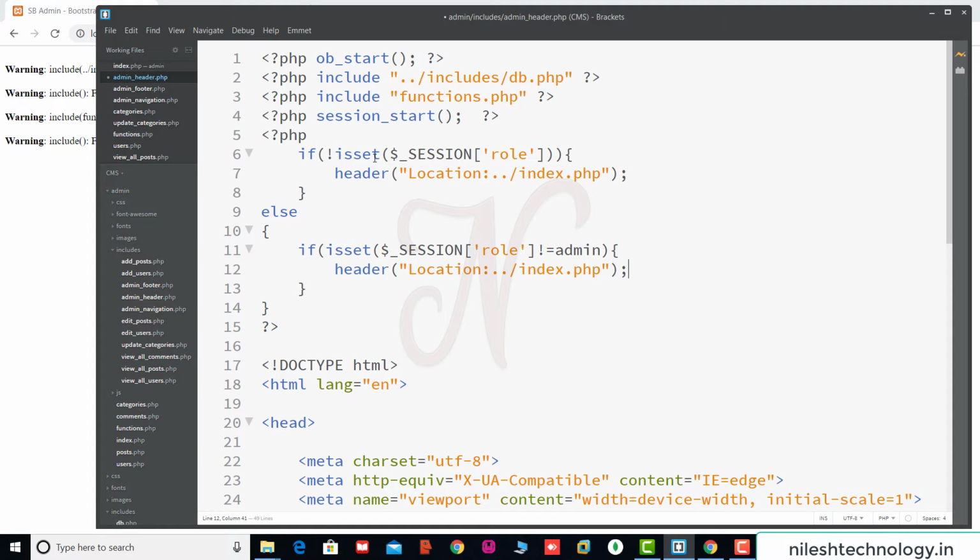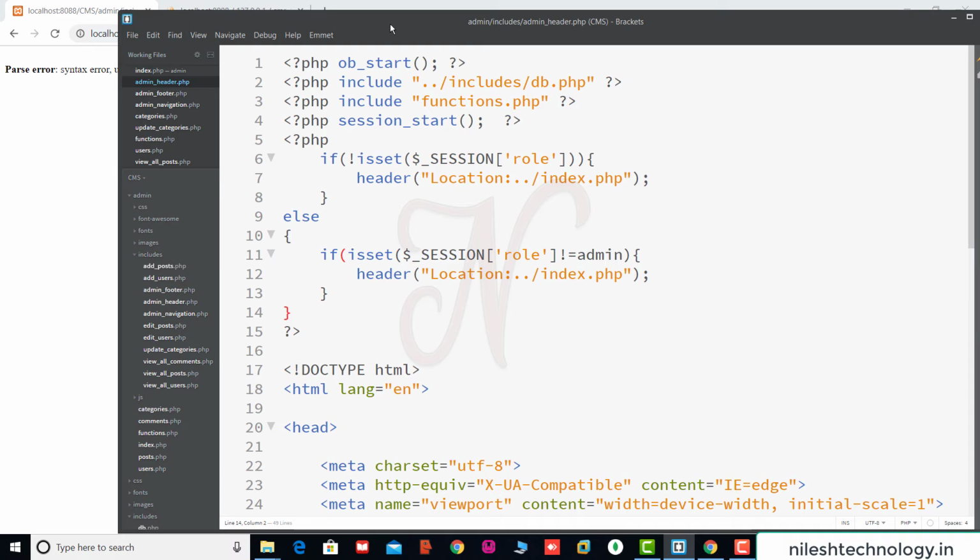Okay, meaning you are redirected to the index.php file in 2 cases: if the session doesn't set the role value, or if the user role is not equal to admin. Both times they are going to this user index.php file. Okay, so test this code here.